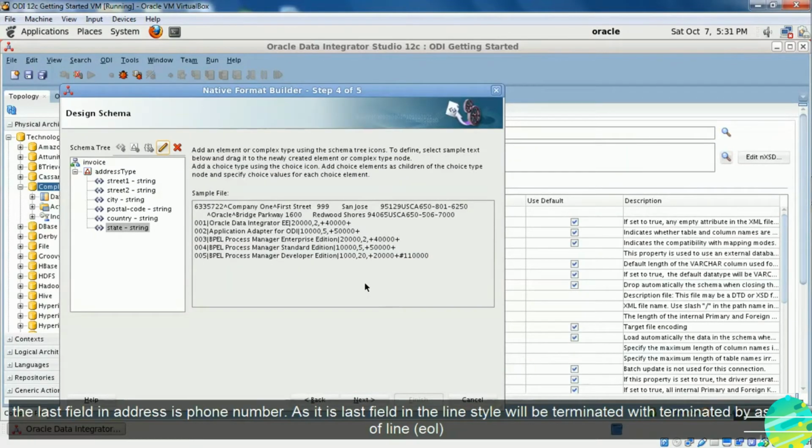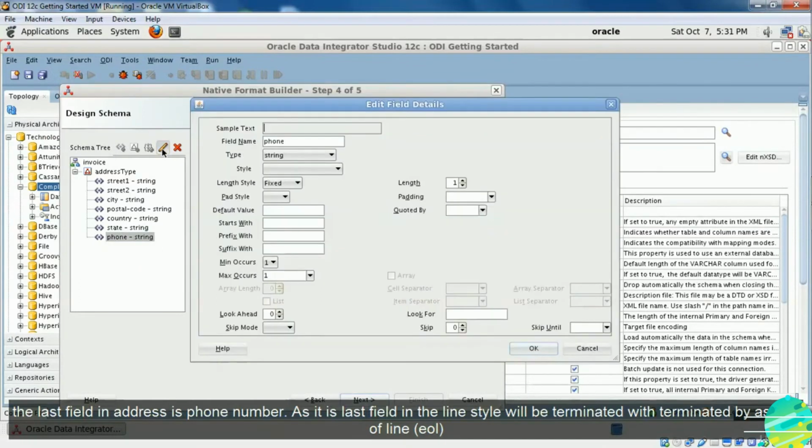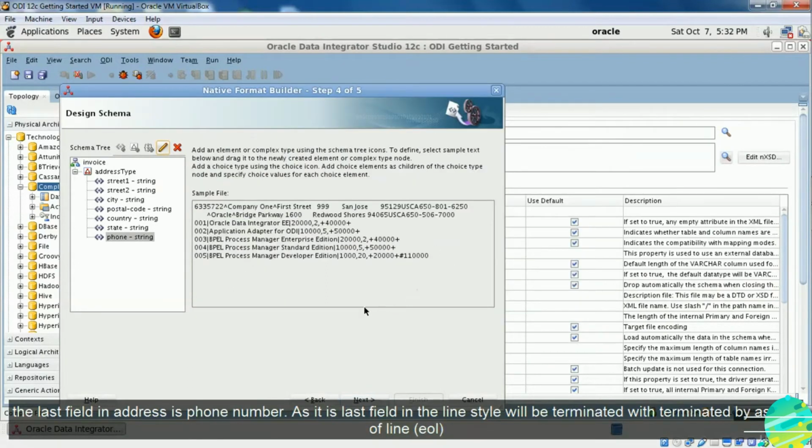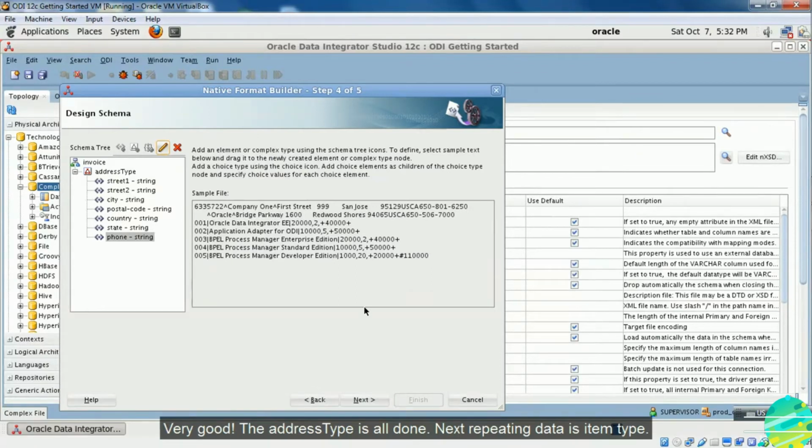The last field in the address is phone number. As it is last field, the line style will be terminated with the terminated by as end of line. Very good. The address type is all done.